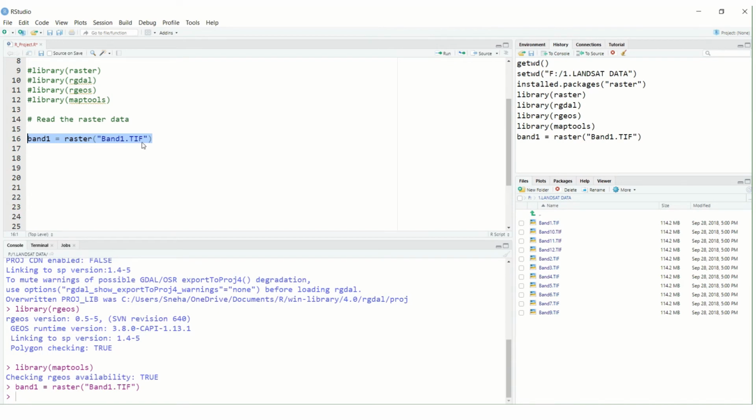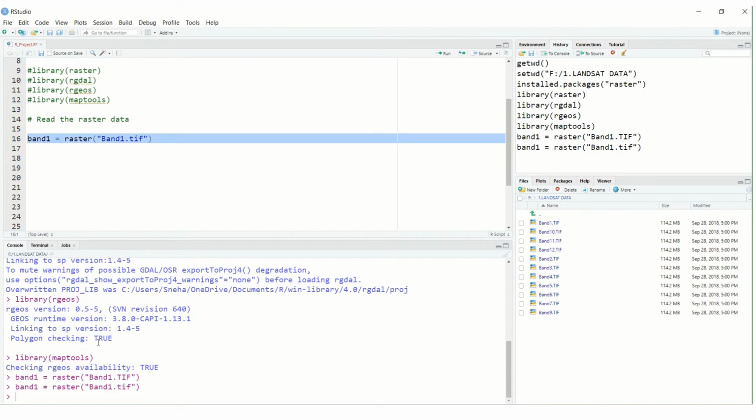We sometimes make a mistake with tiff, actually we write it in lower case, right? Here it is in capital. You can check if I write this in small letters whether it will run or not. Yes, it will. So whatever the actual data name is, just write it as it is.